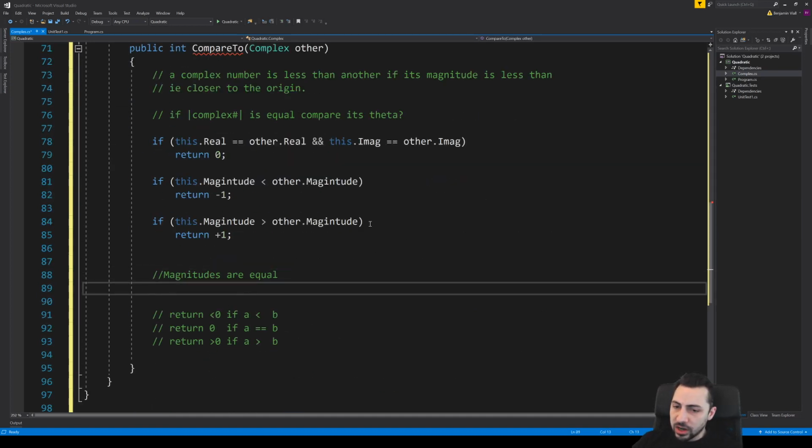So if the magnitudes are equal, I'm going to return this dot phase minus other dot phase. Can't do that, can I? What I can do is math.sign.